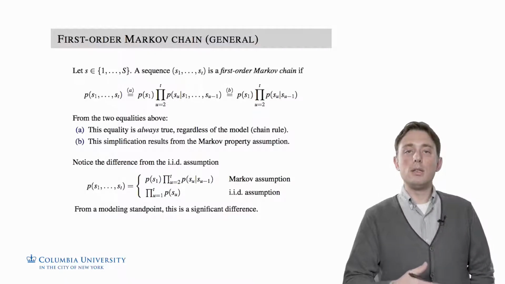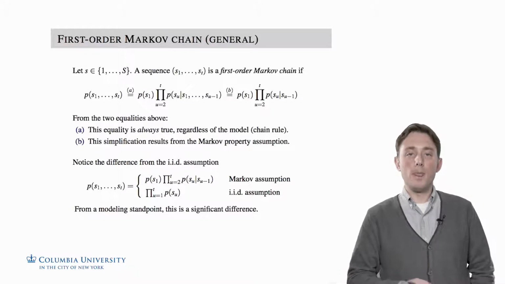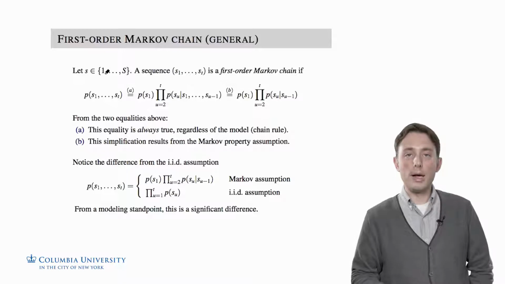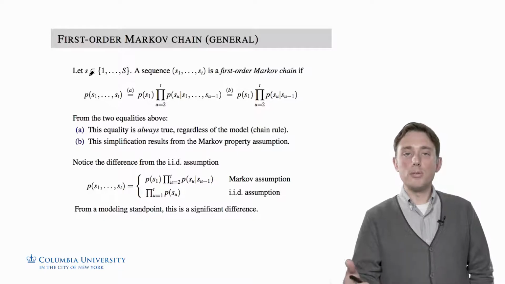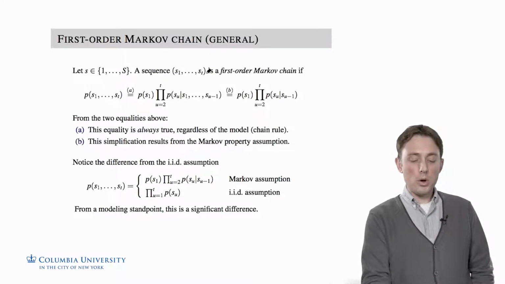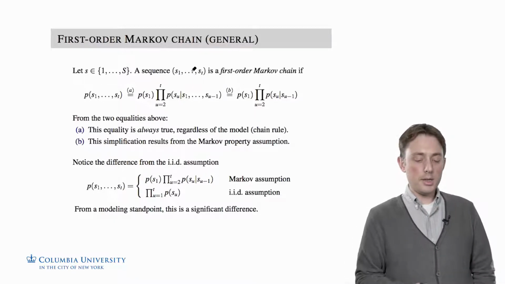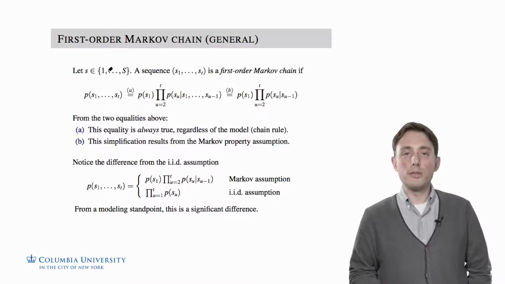So now we've defined the latent variable for a Markov chain, which is a sequence of states, S1 through ST. A state S is a value between 1 and capital S, which is an index of the finite number of potential states that we can be in at any given time. And then a sequence of these states, S1 through ST, a sequence of length t where each entry in this t-dimensional vector is a number between 1 and capital S, is called a first-order Markov chain if